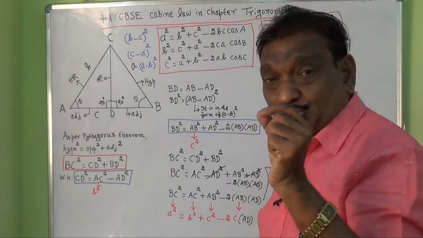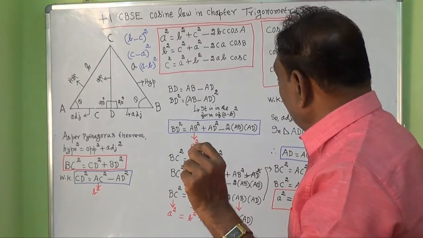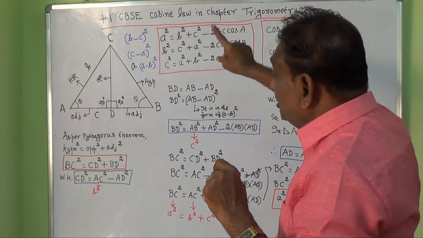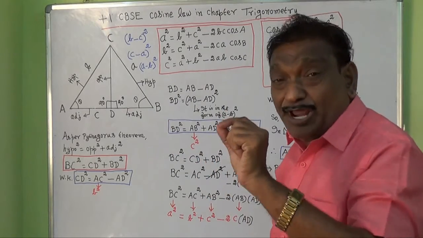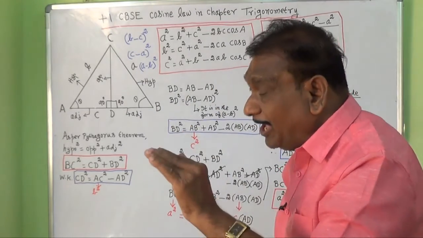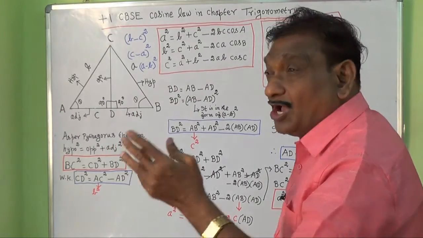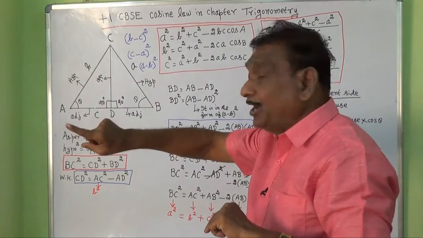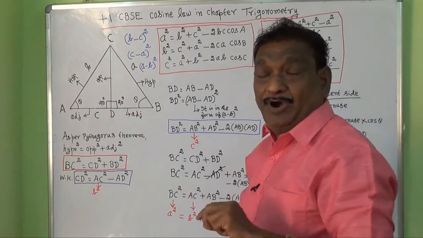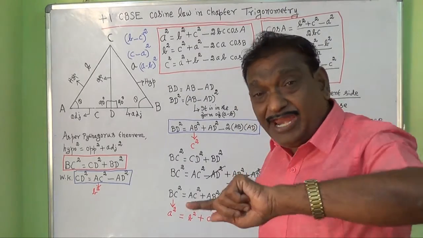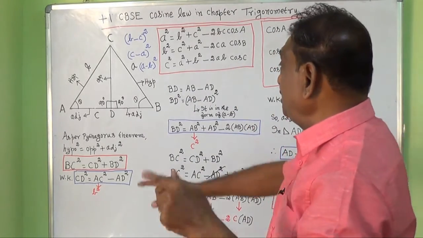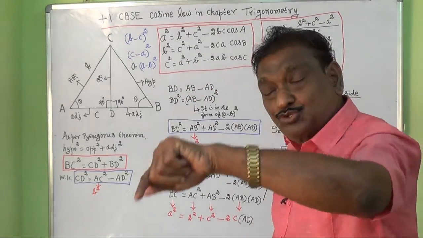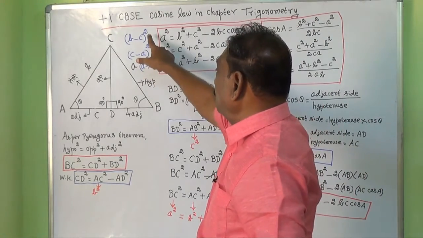I also want to say, if we want to find a square, we should consider the square of the difference of the other two sides. What are the other two sides to a? The other two sides are b and c. What is the difference of these two sides? The difference of these two sides is b minus c. What is the square of the difference of these two sides? That is b minus c the whole square.